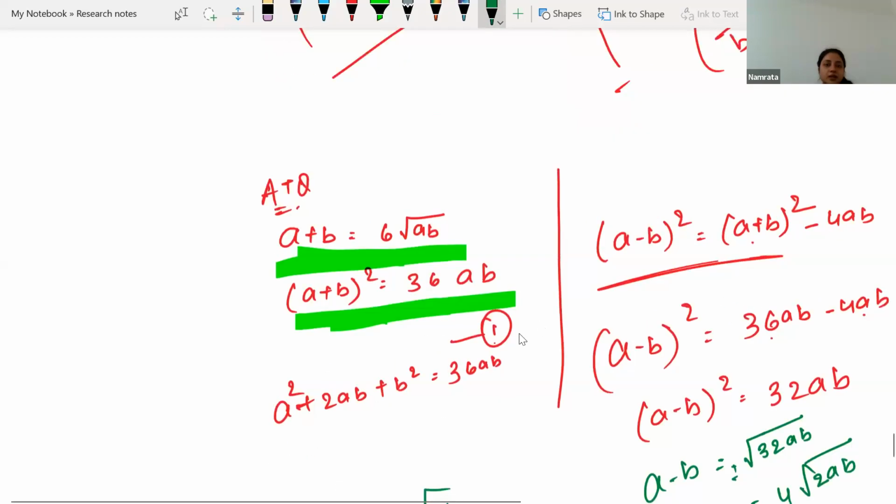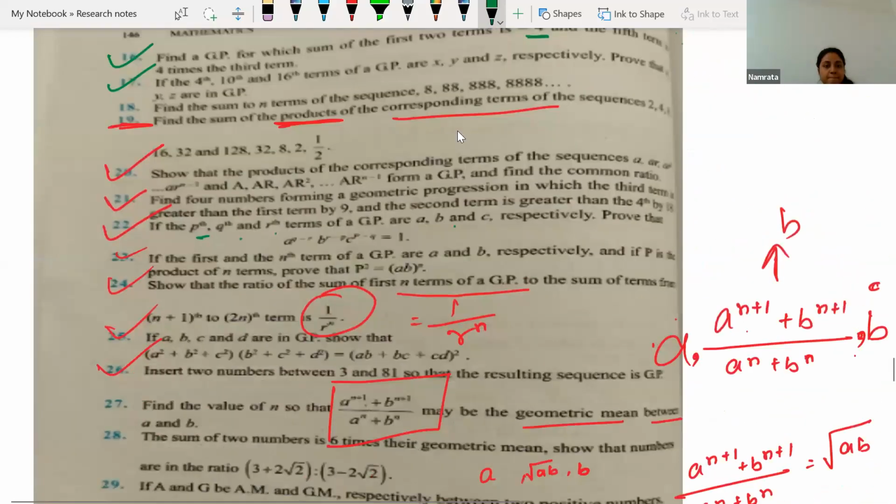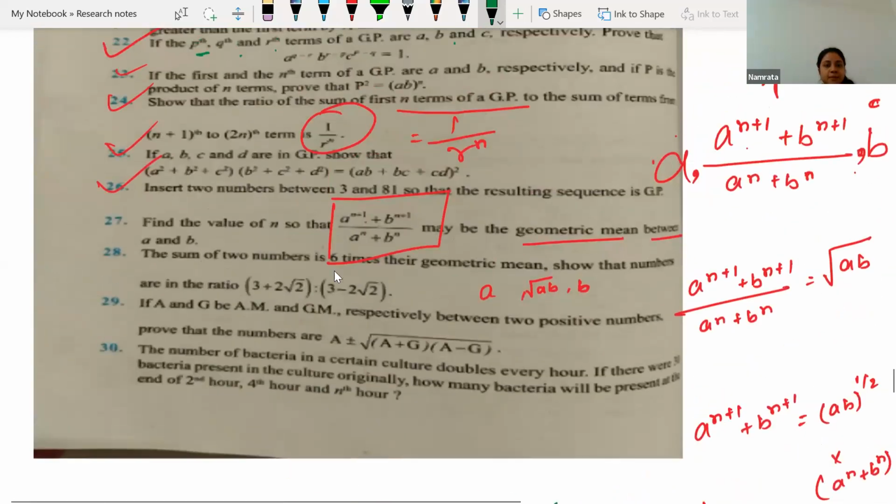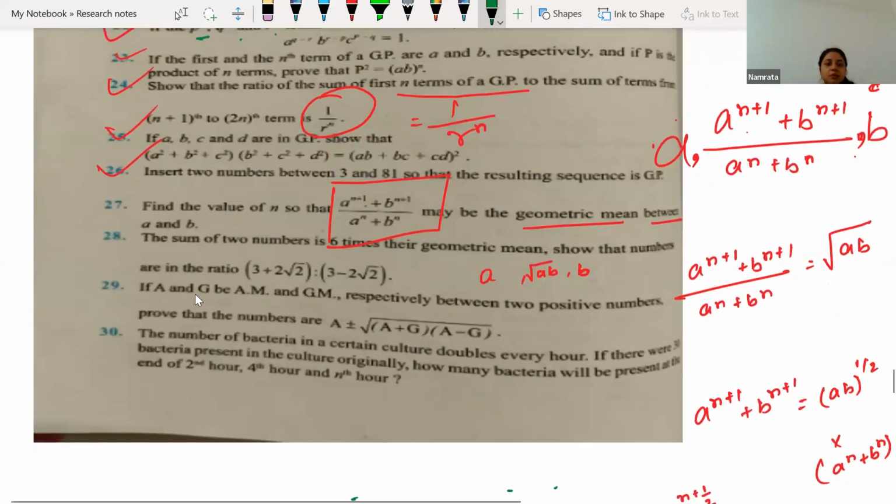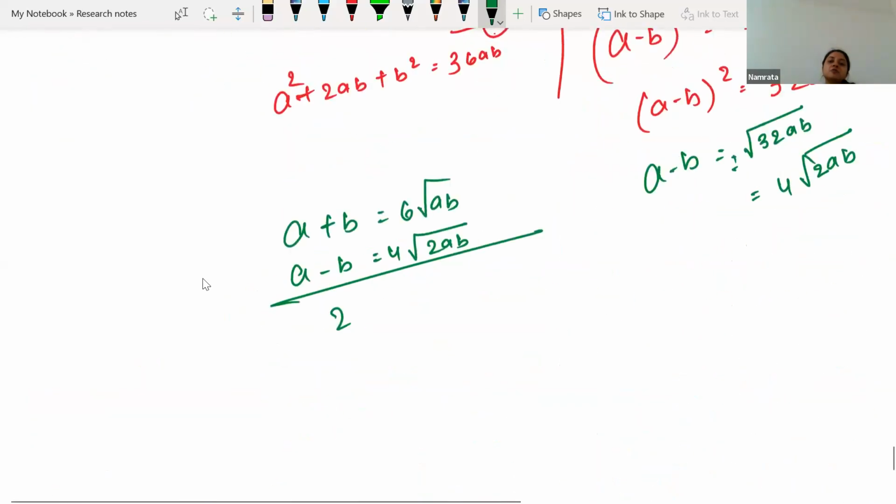What we need to find over here: the sum of two terms is 6 times their geometric mean, so that the numbers are in ratio. We have to show that a is to b is in the ratio as given. So basically we have to find a, we have to find b. Let's find a. 2a is equal to,